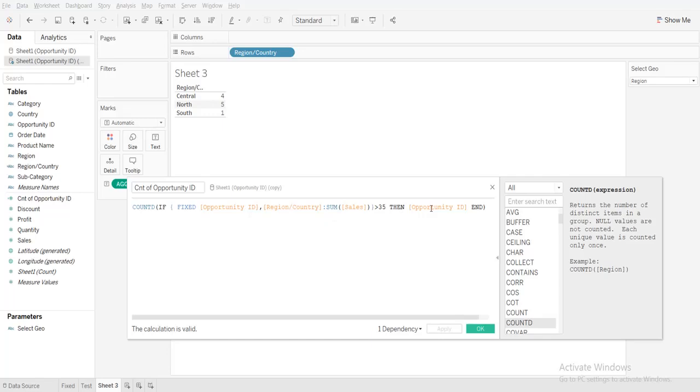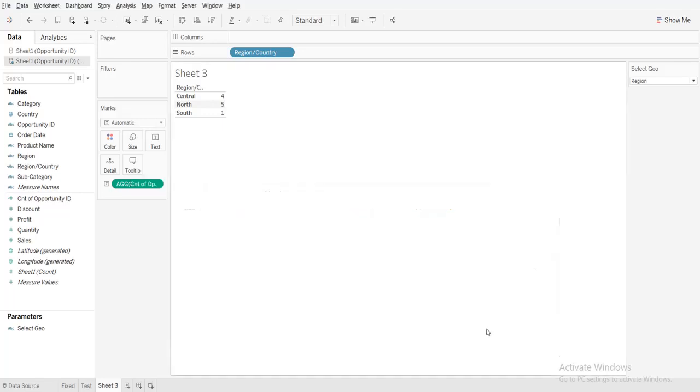If I take count distinct of number 1, again it will give only 1, right? Suppose if I take opportunity, then if I take the count D of opportunity, there will be multiple opportunities, and if you take count D, you will get the exact number. So if you give 1, then you have to use the count function, or else if you are using opportunity, then use count D functions.